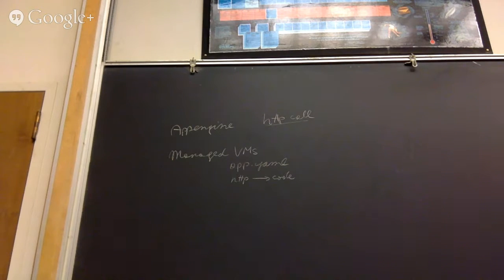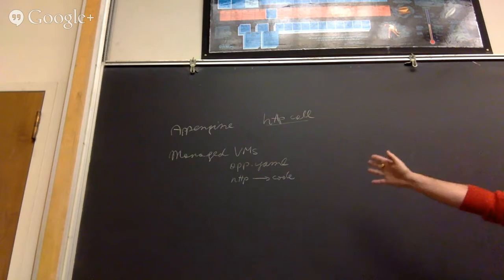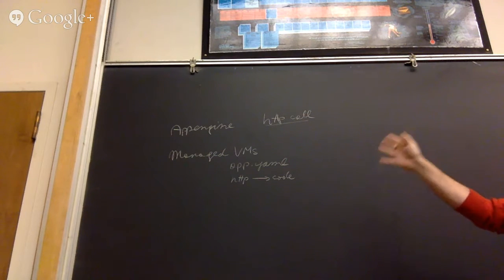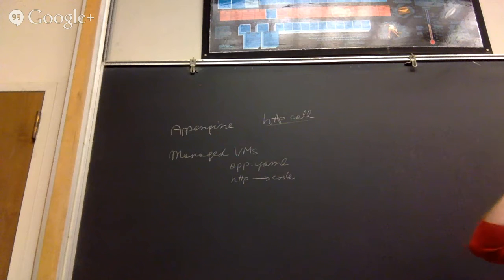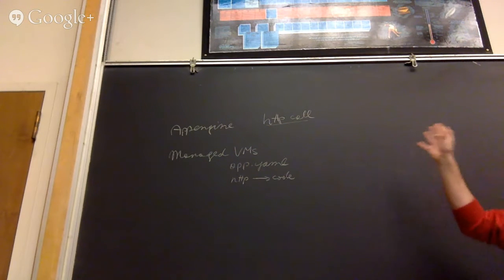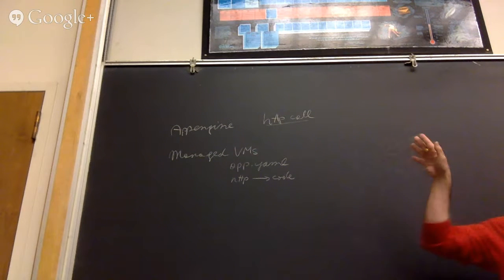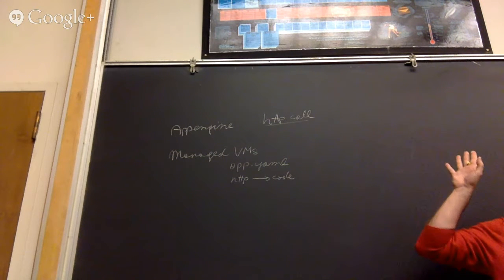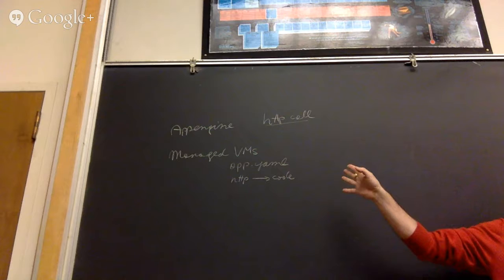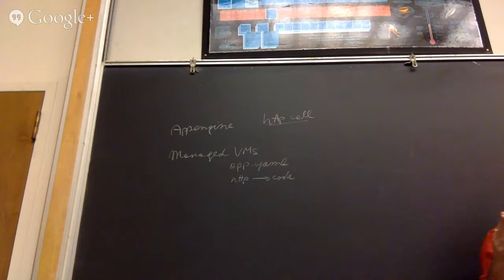Okay, so if you receive higher traffic, it's not you, but essentially the running environment that will decide how many of these virtual machines to spin up. You have some control over these policies, okay? You can basically say how long an HTTP call has to wait before a new instance is spun up.